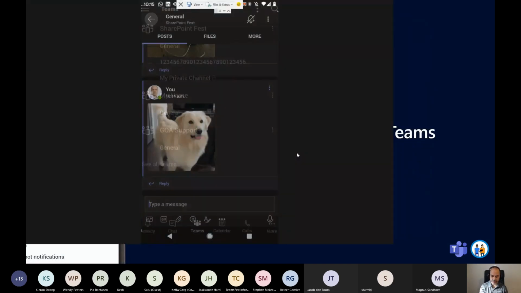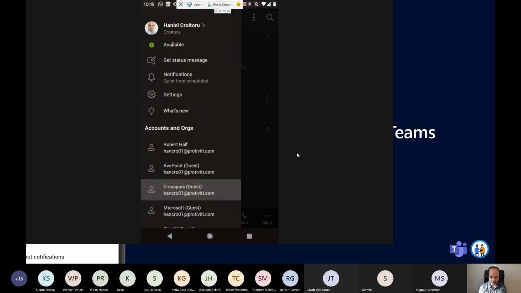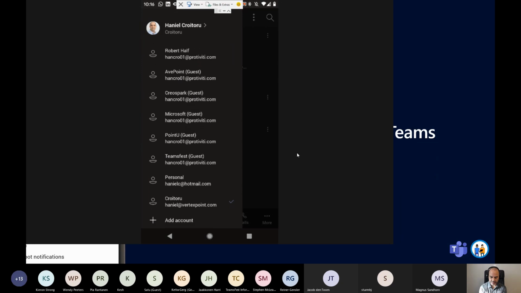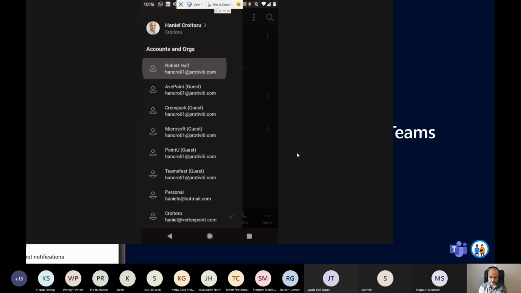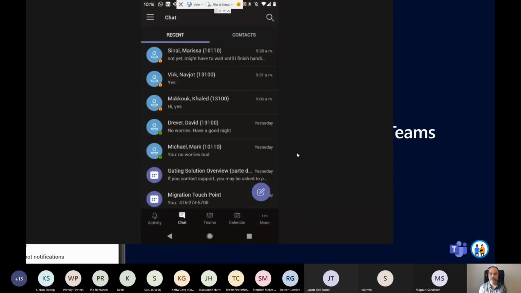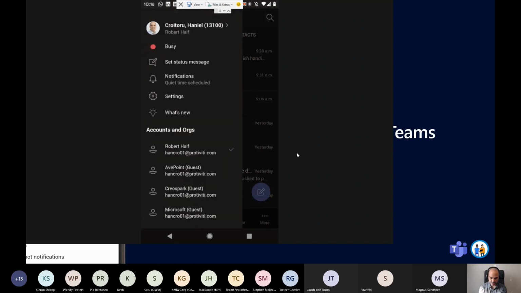So let me go back to my device here, and I'm going to go back to my menu, and you can see right now here I have all these different tenants. Now, interestingly, I don't have any new messages, but I'm just going to switch over to my corporate tenant for Protiviti, and as you can see, it was literally a single mouse click, and I was now able to go into the tenant. Just going to wait for that message to go away. Now let's go into settings. You can see already it changed my mode from one tenant where I was available. Now I'm busy on this particular tenant, so it changed my mode.